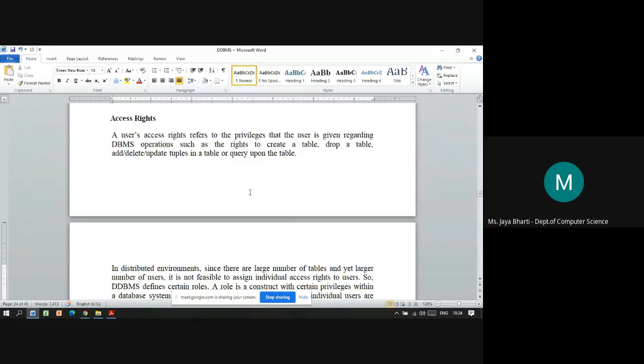Based on the level or type of user, the privileges are assigned to each user.